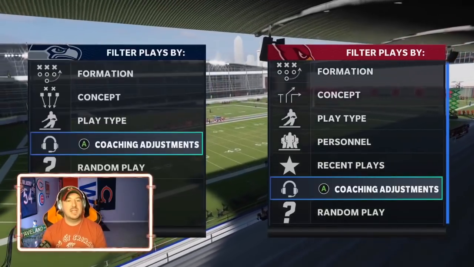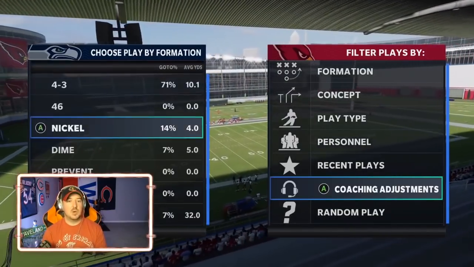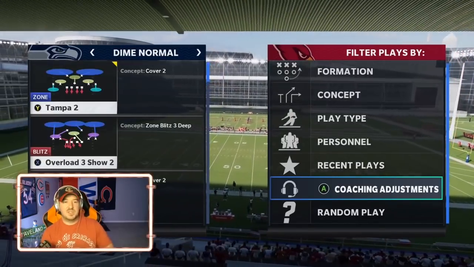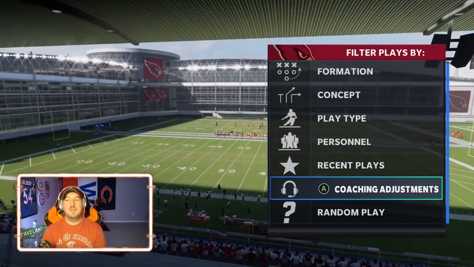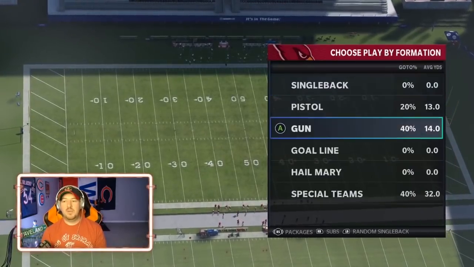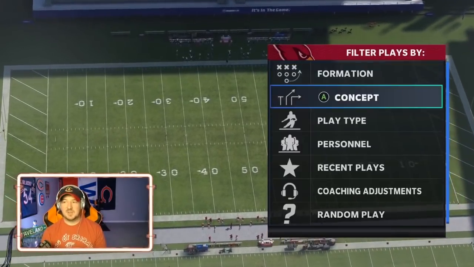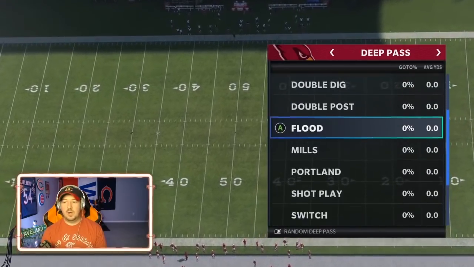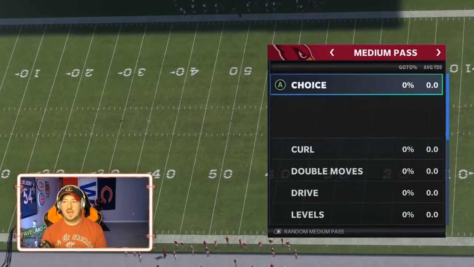So let's go ahead and hit the field and talk about this here. We're going to go ahead and run, let's say we're running a dime and we're running Tampa 2, for instance. And maybe here as we hit the field, we're facing some sort of smash concept. So if we go into concepts and go to passes and we look for some sort of smash concept,